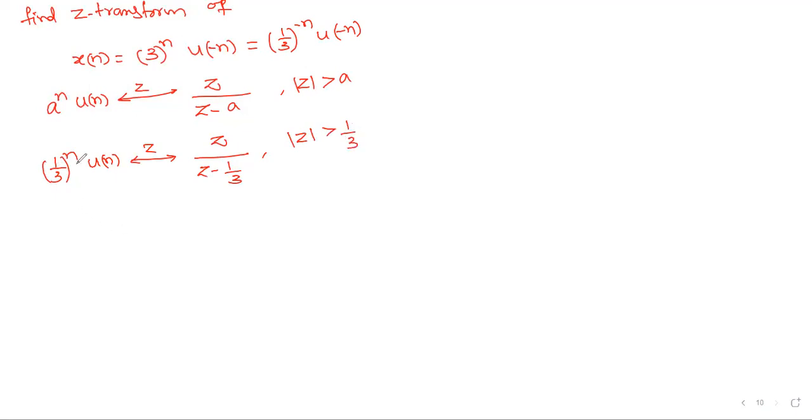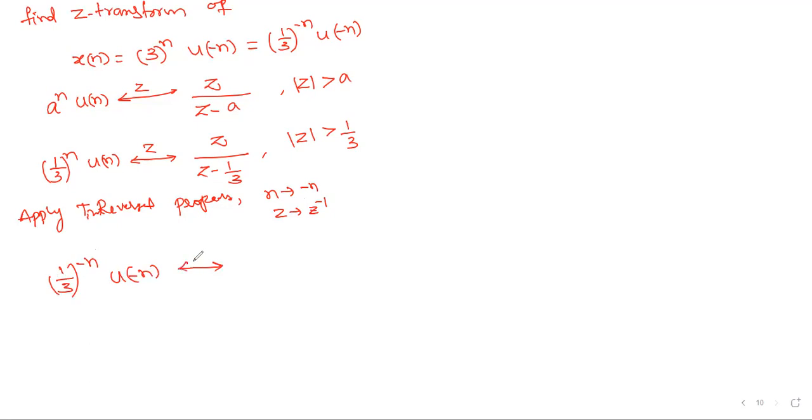Now, in the place of n, you write minus n. That means you are applying the time reversal property. Whenever you are applying the time reversal property, n will become minus n, z will become z power minus 1. So now 1 by 3 whole power minus n u of minus n,